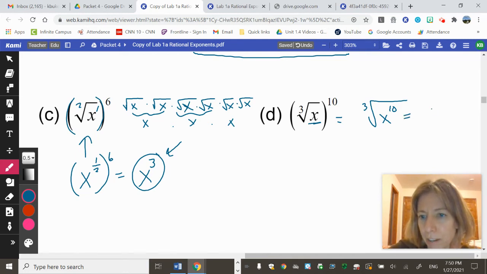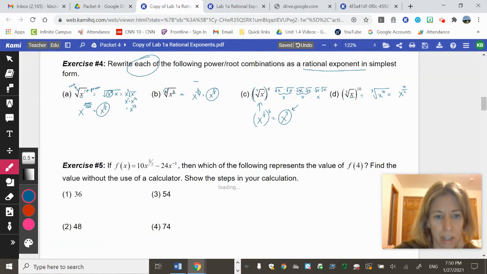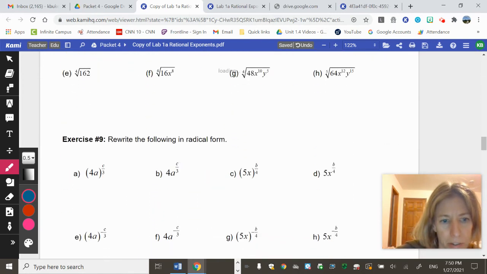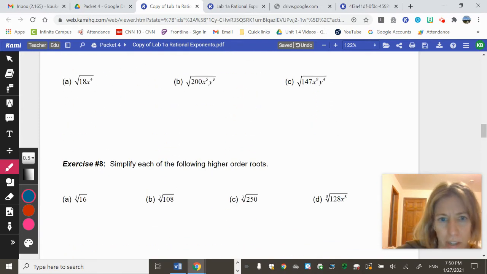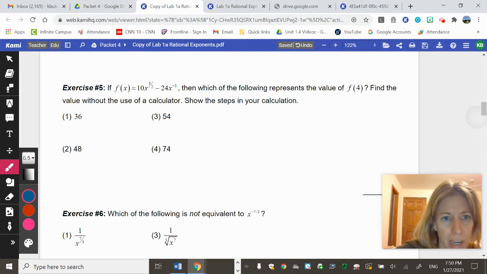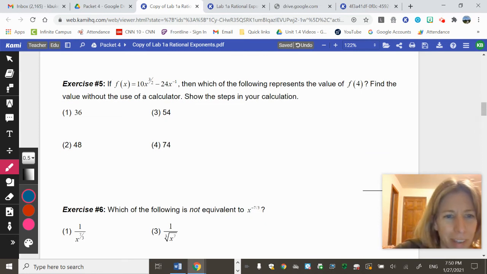But either way, it's x to the power over root. So this is just simply x to the 10/3, written as a rational expression. All right, so from this point forward, we have just multiple choice questions now. So we're going to finish the next few pages, and then I'll show you what you're going to do for homework. Okay, so exercise 5, this looks kind of intimidating, but it just gives us